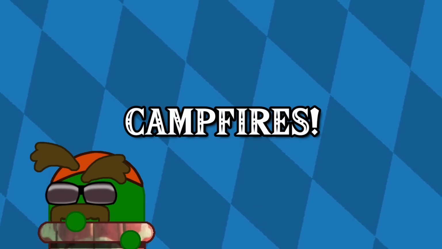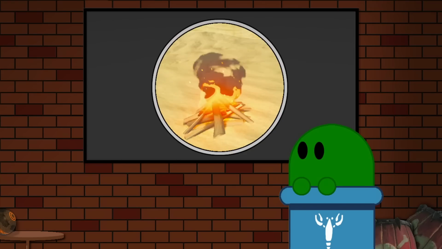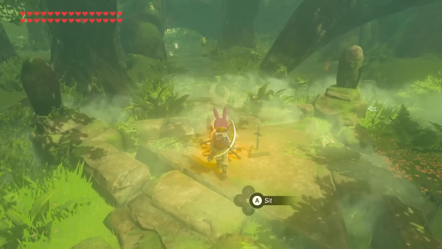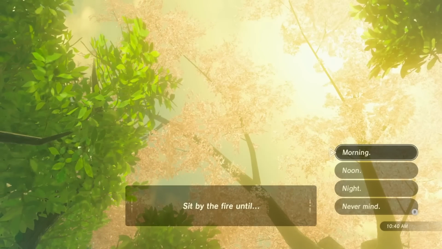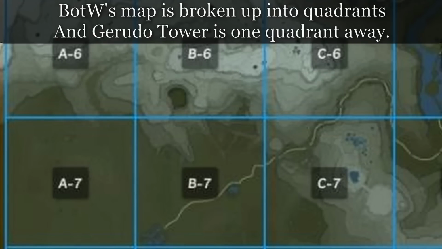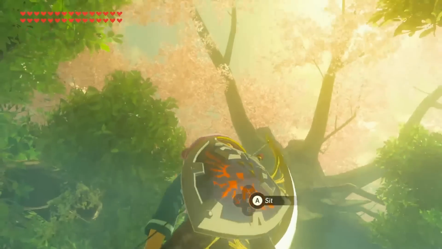I'm hungry. Alright, now that we've confused literally everyone, let's throw all of that out the window and talk about campfires. When you rest at a campfire, the game reloads the entire cell or area that you're in. Oh yeah, the game is broken up into a grid of quadrants. I went pretty far into that in the original video, but it doesn't really matter all that much. Moving on. By looking up at the sky before you rest at the campfire, it